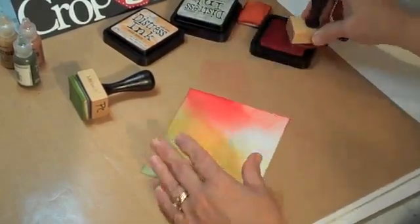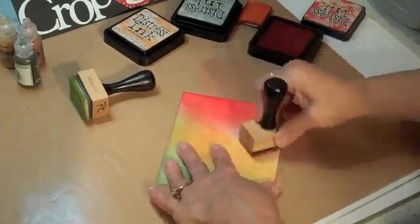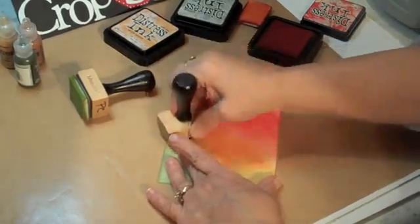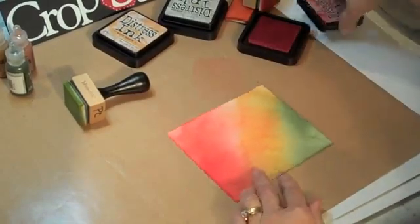There we go. Ooh, look at that. Isn't that just gorgeous? Love that barn red. I'm going to rub a little bit of the red over that orange a little bit of color. All right, so